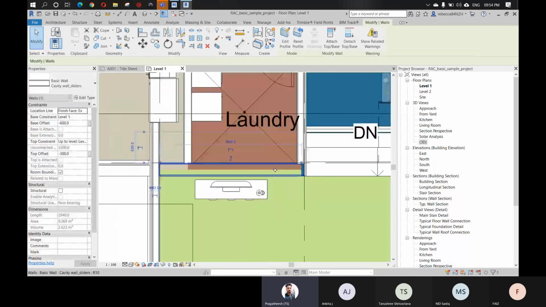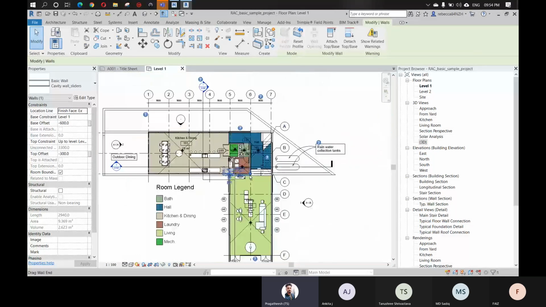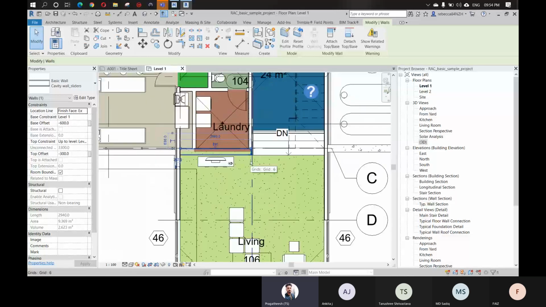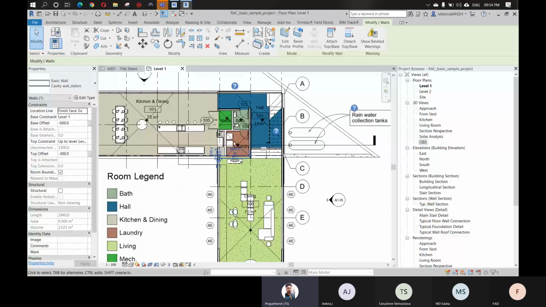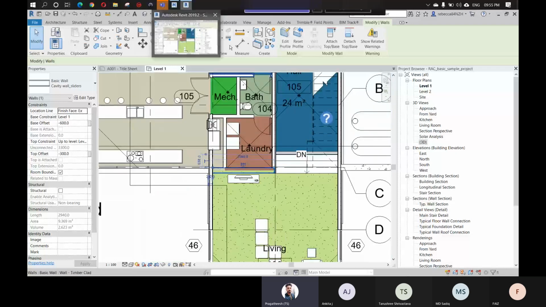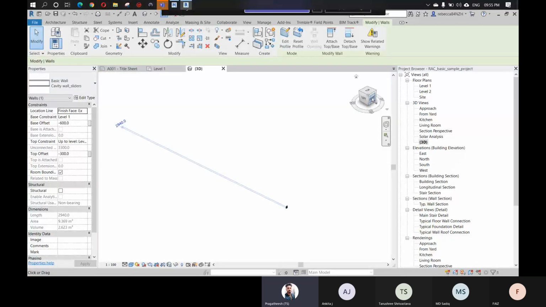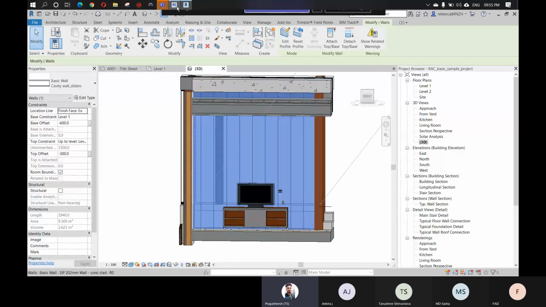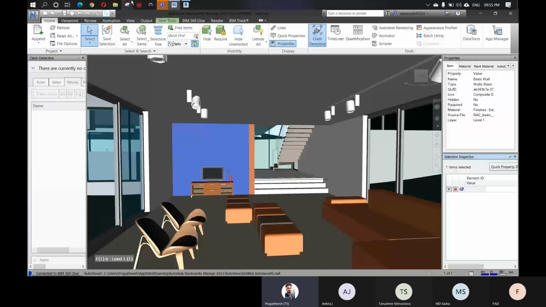So this is the wall which we selected behind the TV, right? This is a very small building, so we can easily identify like this. But if it's a very big building with a number of levels, you cannot go and search. You don't need to waste your time searching for the particular element that needs attention. You can just find the element ID, come back to Revit, search by element ID, and you will get that exact area. Now you can go to the 3D view and check, yes, this is the wall which we selected here. You can see this wall.